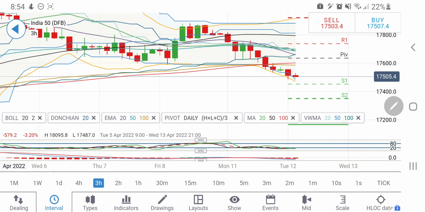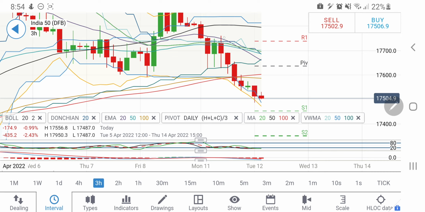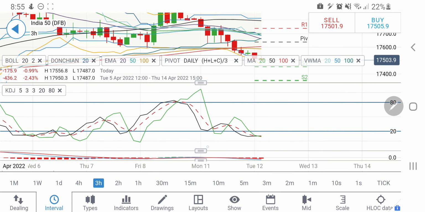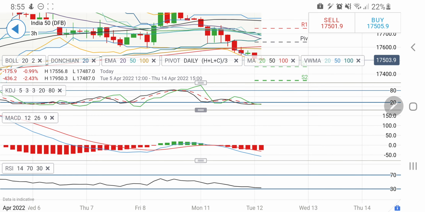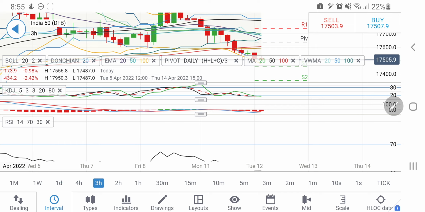On the 3-hour charts, here it is trying to give you another red candle, and probably if it doesn't reverse from here, a reversal indication is that it may try to cross 17550, and yes, then it will try to hit 17600, where it may get a stronger resistance. So yes, you can take a long entry above 17550 also, and there is a chance for you to go short only below 17450, below which you can expect it to drop sharply. 3-hour stochastic extremely oversold, hence a bounce back is a must. MACD is also trading on the sell side.